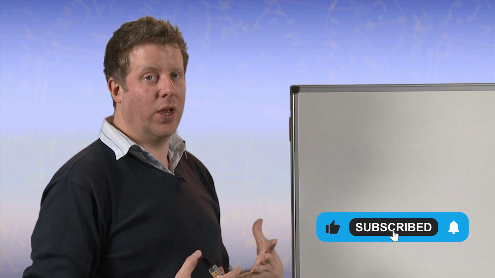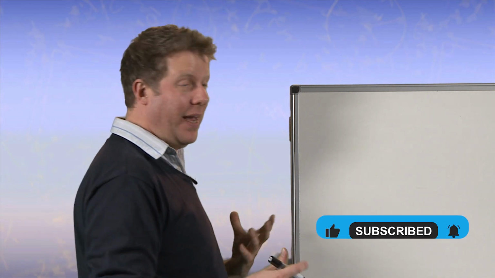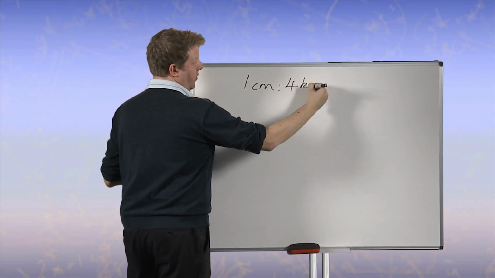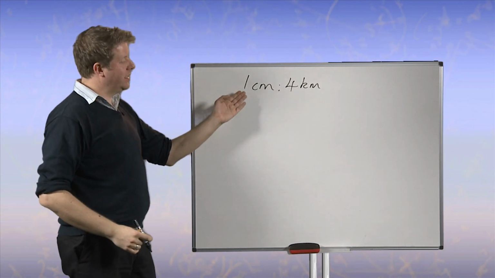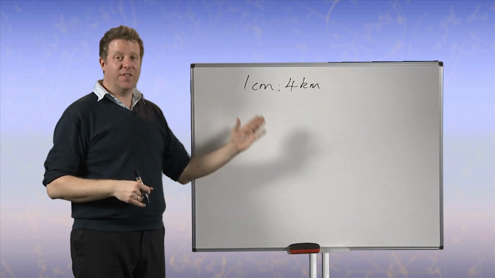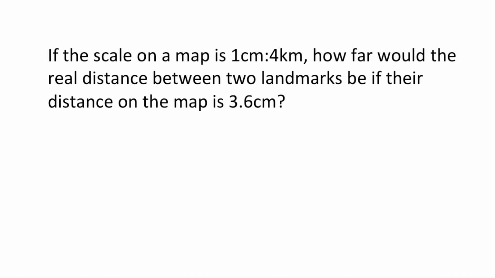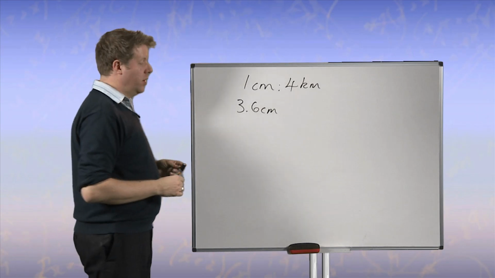Now, you should all be quite confident with map scales and what they mean, but a quick revision is that if it's 1 centimetre to 4 kilometres, it means every 1 centimetre on the map represents 4 kilometres in real life. So, if they want to know what a distance of 3.6 centimetres on the map would give us, well,